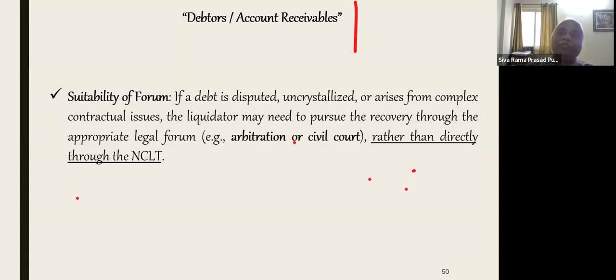Otherwise, crores of rupees are lost. Once the company is unable to pay, others are filing the CIRP. Once my debtors are not paid, I should not leave it like that. I should take action against those debtors also. As the directors are not there, as the directors' powers are cancelled, you are the only person, with the help of the COC, and your super boss is none other than the NCLT.